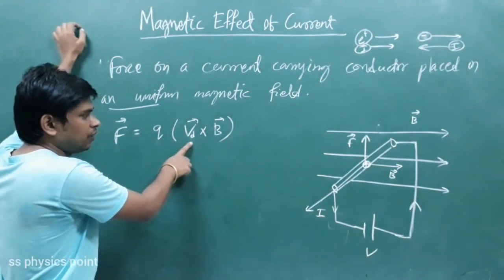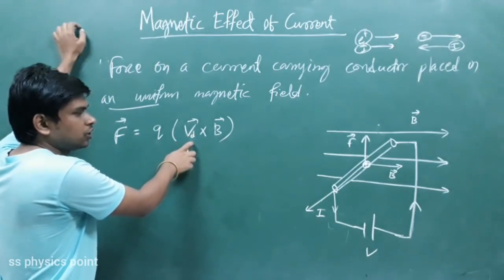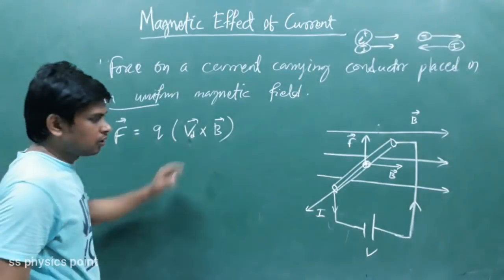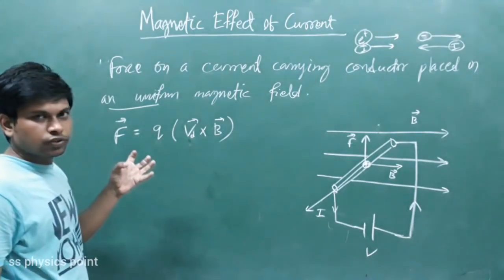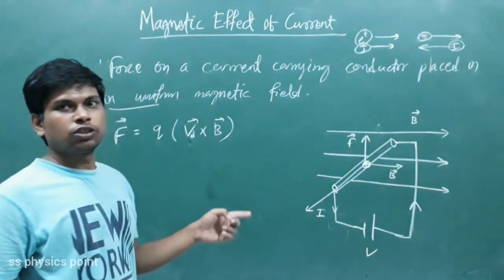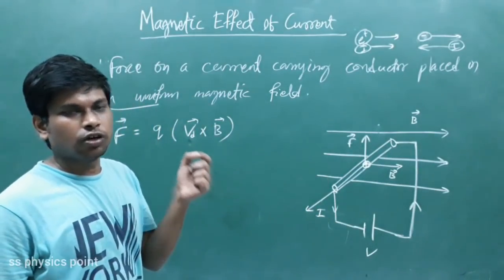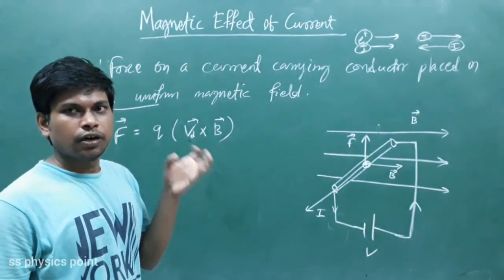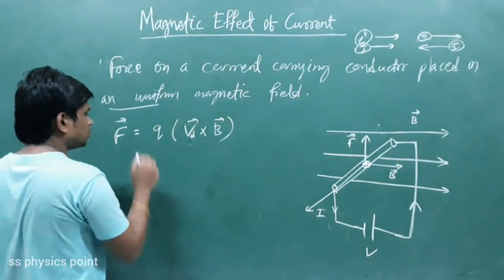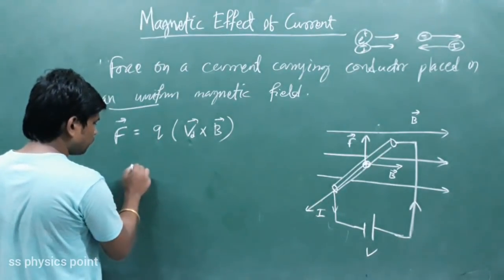Why have I taken Vd? That Vd is drift velocity. If I am taking a single charge, you can say this is V. I am taking a bunch of charges moving in a conductor, because in a conductor there is not a single charge. There are millions or thousands of charged particles. So this charge you need to find. To find Q,